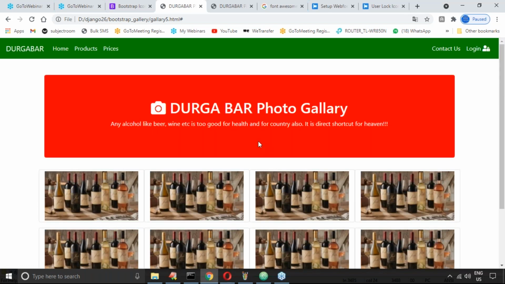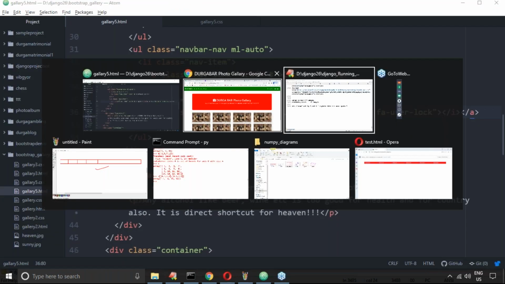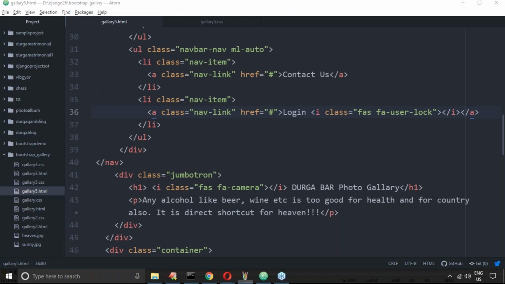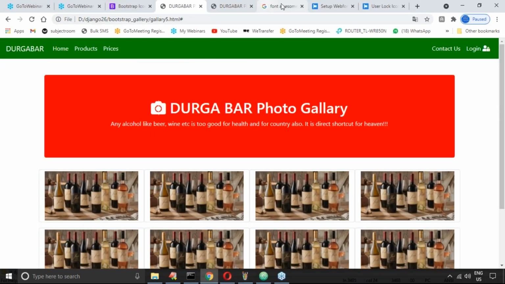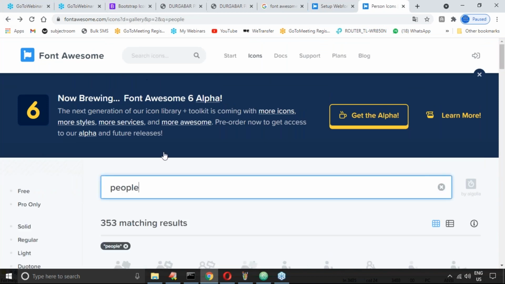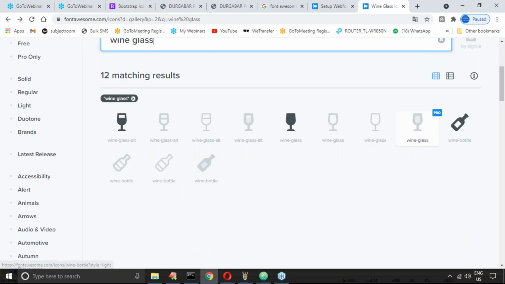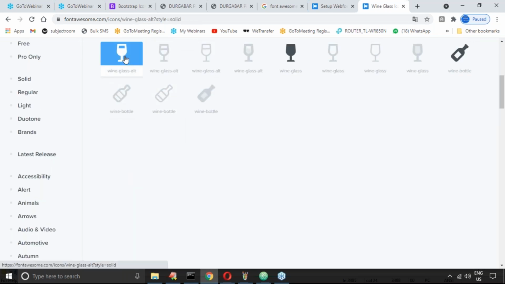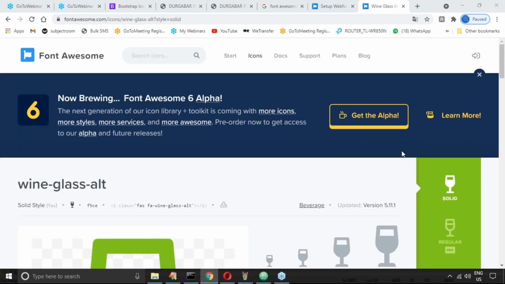Yeah, take wine glass beside the photo, instead of photo a wine glass like image. Yeah, let me take that. Some people are very much interested, it seems. Where is that icon? Okay, wine glass. Yeah, these people can provide anything. Wine glass. Wow, 12 matchings are there. Wow, wonderful. Okay, why do we have to require camera?